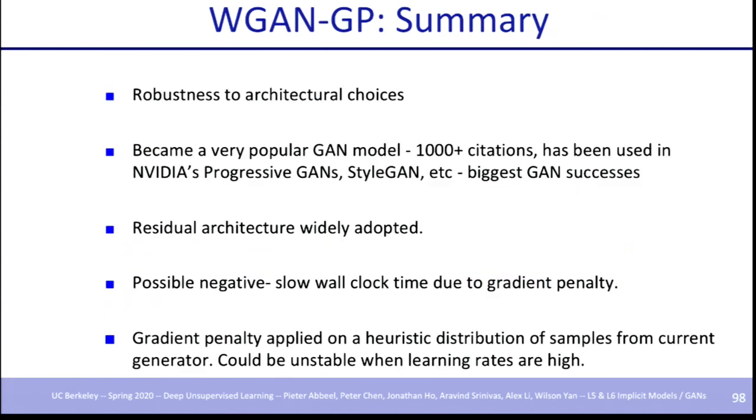So this is a summary. These are really cool, but there are two negatives. The first negative is the wall clock time is going to be much slower now for training, because your gradient penalty term is in your objective. So just to construct your loss, you need to do another backward pass, right? So that's one extra backward pass and then a backward pass after that. So it's much slower than just training a normal GAN without the gradient penalty.